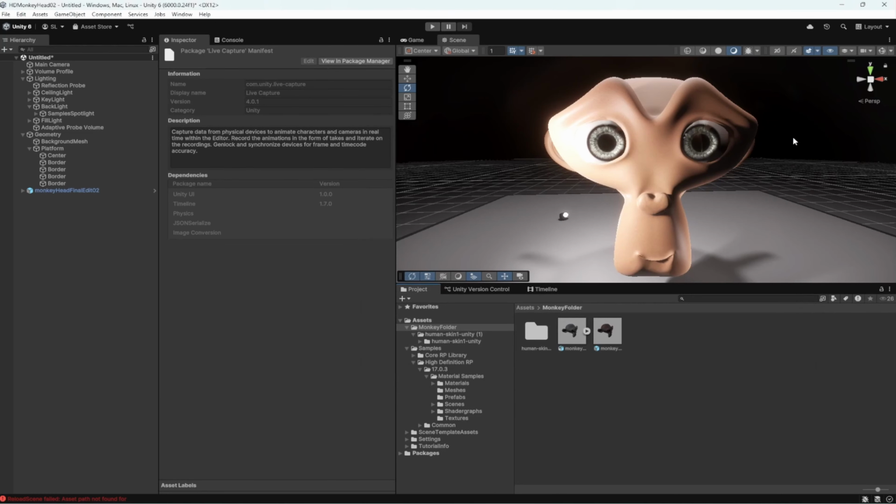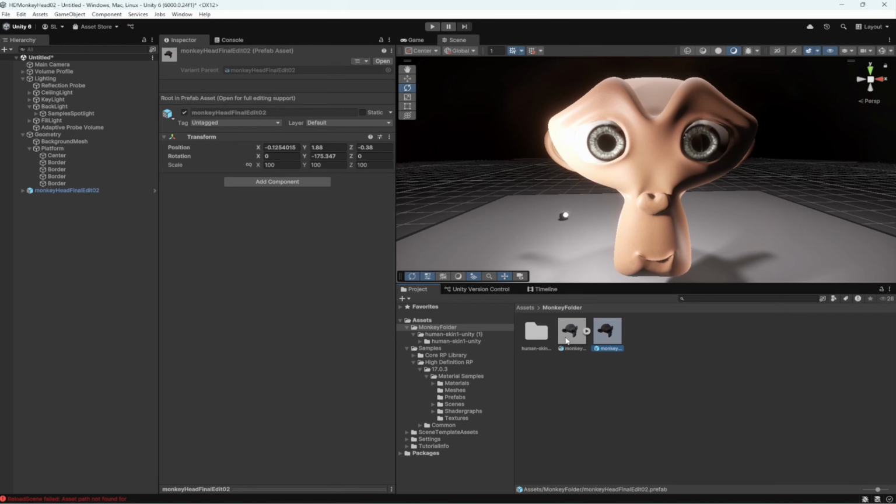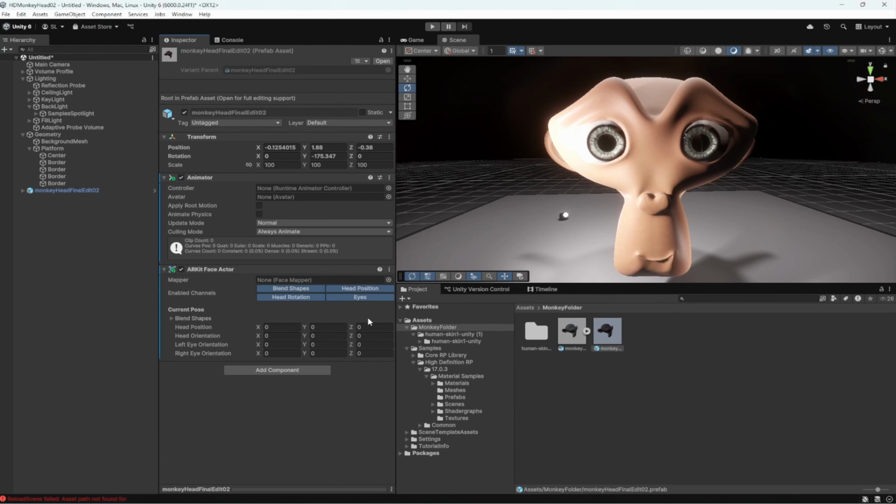Close this. Then click on the prefab inside your monkey folder. In the hierarchy, we want to click inside the folder and add the component ARKit Face. Click on face, then it's asking for a mapper right here. So let's create a mapper,